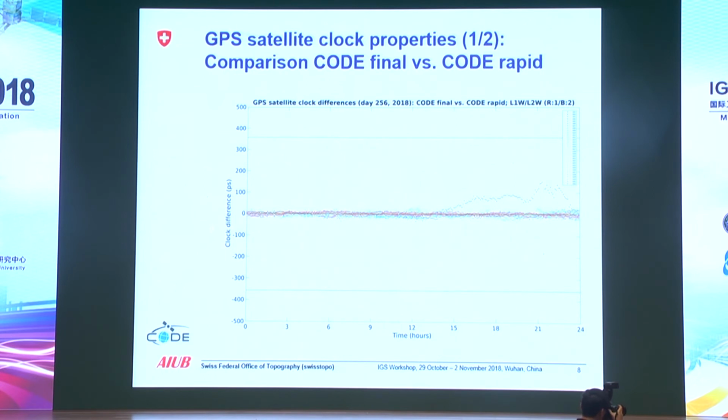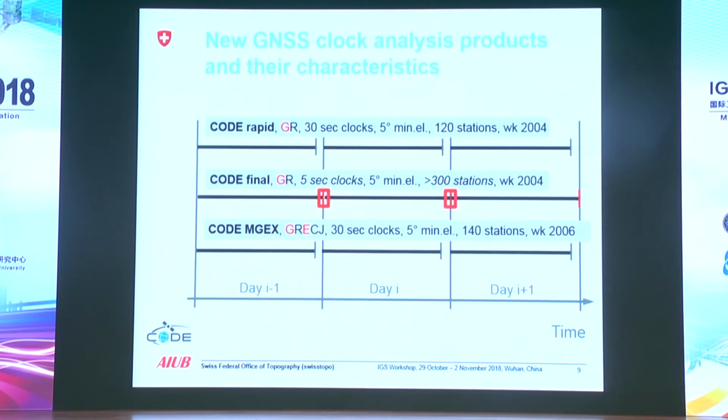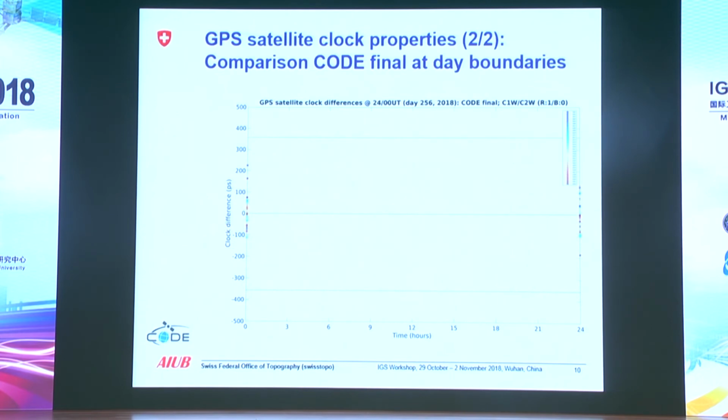you can reduce here the Narrowlane cycle, and you end up with an agreement for this particular day at the level of 7 picoseconds. Now let's continue with the comparison at the day boundaries. So here, pseudo-range solution,